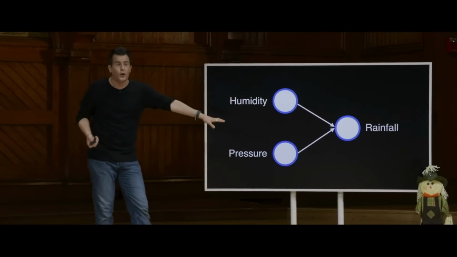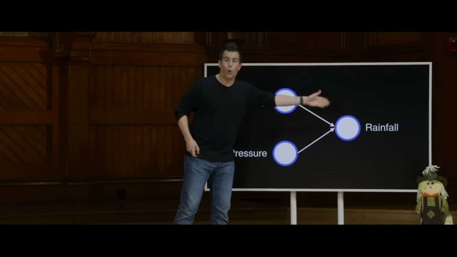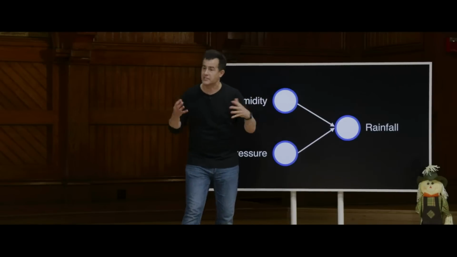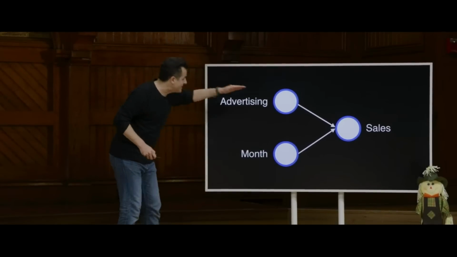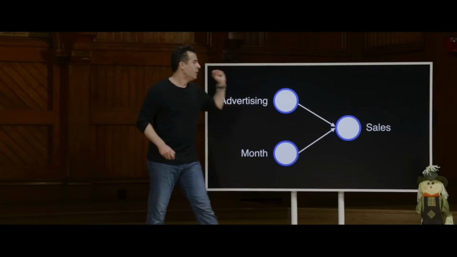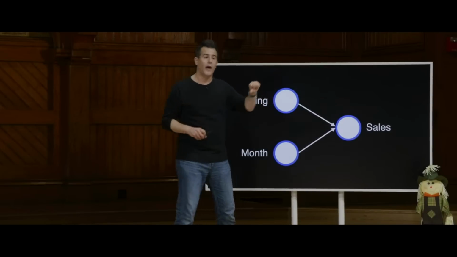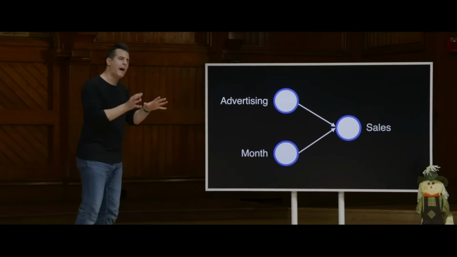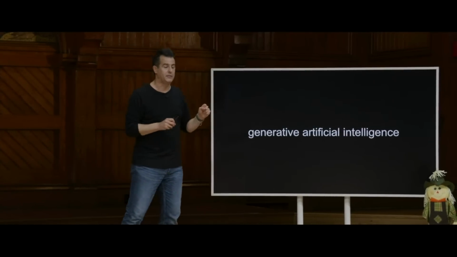And you can apply it to very real world, if mundane, applications. Given today's humidity, given today's pressure, yes or no, should there be rainfall? And maybe there is some mathematical function that, based on years of training data, we can infer what that prediction should be. Another one: given this amount of advertising in this month, what should our sales be? Should they be up or should they be down for that particular month? So real world problems map readily when you can break them down into inputs and a binary output often, or some kind of output where you want the thing to figure out, based on past data, what its prediction should be.